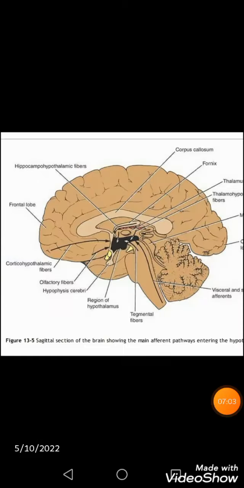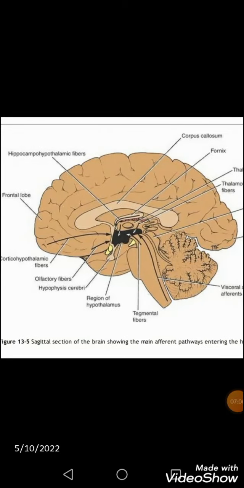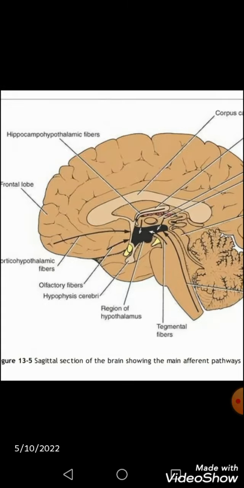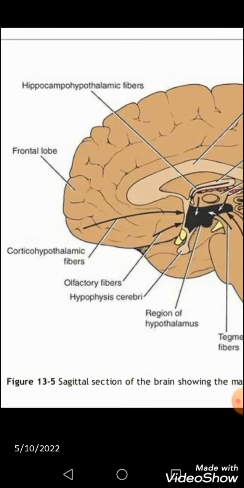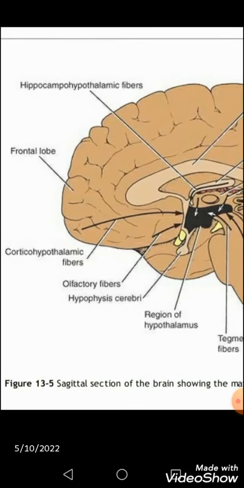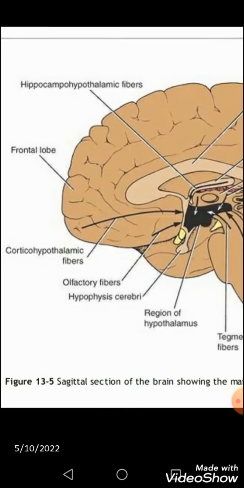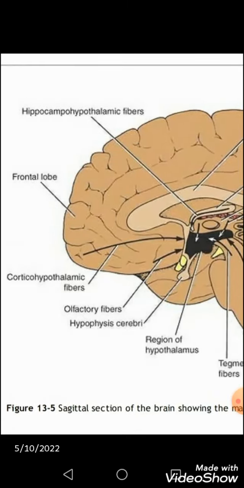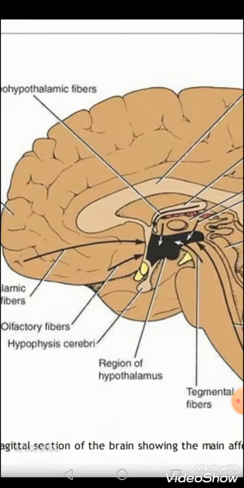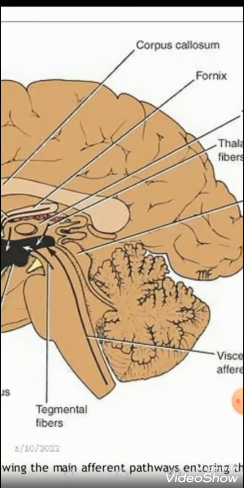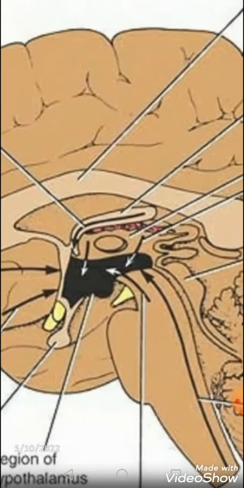Now this diagram is showing the afferent pathway, or the fibers coming towards your hypothalamus. So concentrate. First of all, you can see anteriorly the cortico-hypothalamic fibers from your frontal cortex trying to enter into your hypothalamus directly, right? And then you can observe the hippocampo-hypothalamic fibers. They are entering into the hypothalamus via the fornix, if you can see that. And I have already shown you the picture of the fornix, right? They are trying to enter this black shaded area called the hypothalamus.